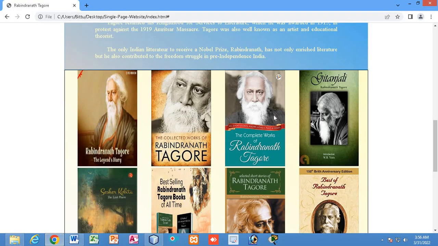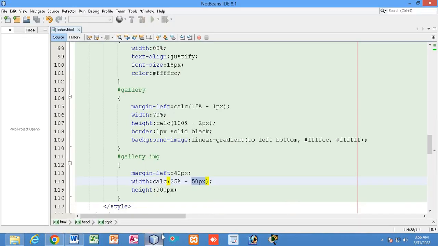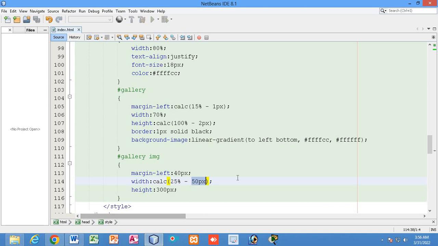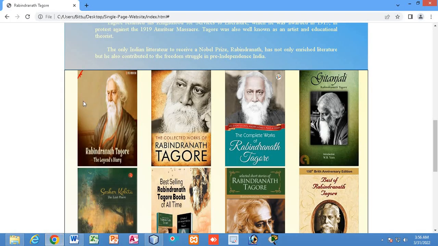Why? Because 40, 40, 40, 40, how much? 160. Here also 40, this 40, this 40, right side, this 40 px I have added to all 4 images. So that 40 I have added to each image, and it becomes 50. That is why I have to deduct 50 px from the width, because there will be 5 spaces, right?